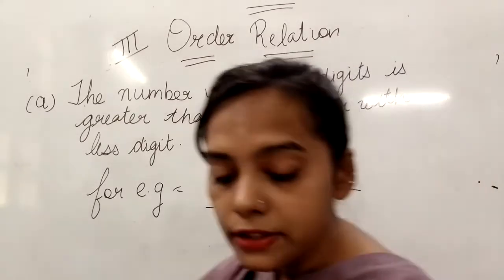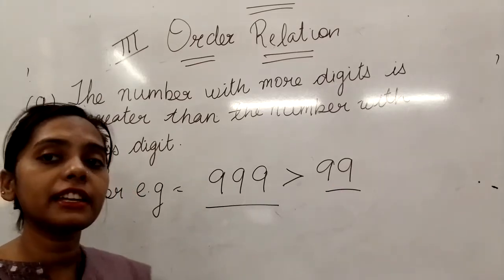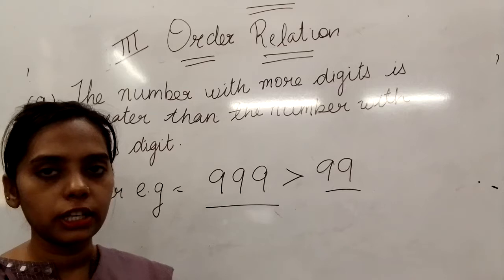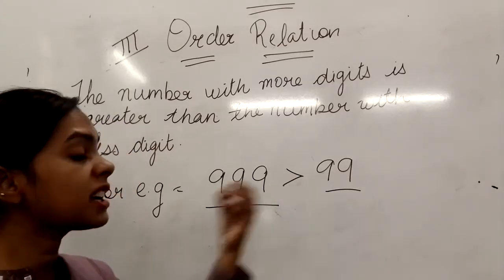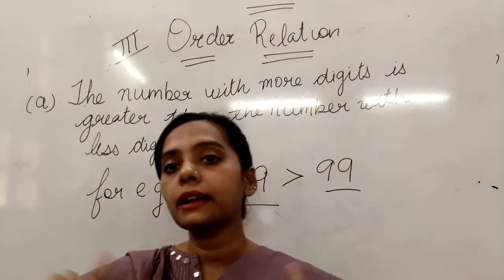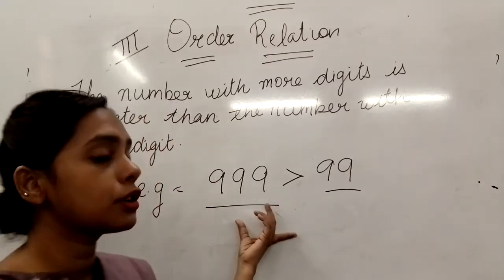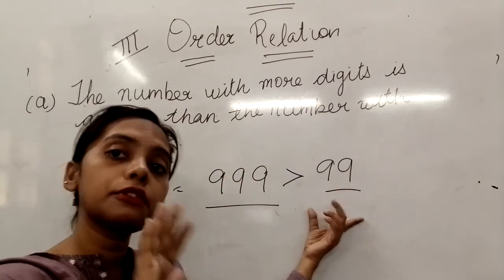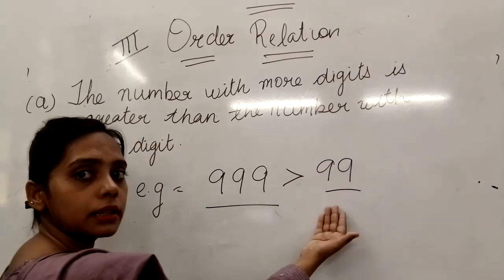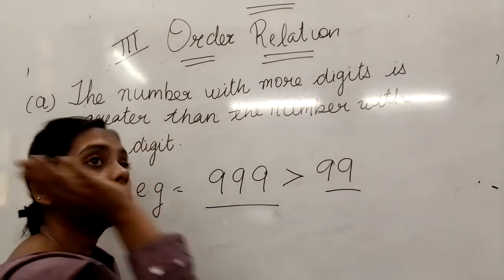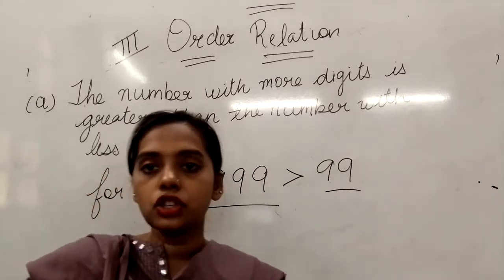Now you have seen this. Now comparing numbers with different digits becomes very easy. जब आपको उनका order relation देखना है या कौन बड़ा है कौन छोटा है, ठीक है? So when you have a difference in digits, it becomes very easy to compare which number is greater and which one is smaller. For example, the number with greater digits will always be greater, the number with fewer digits will always be smaller. So for example, a 3-digit number will always be greater than a 2-digit number, and a 3-digit number will always be smaller than a 4-digit number. Similarly, the chain goes on.